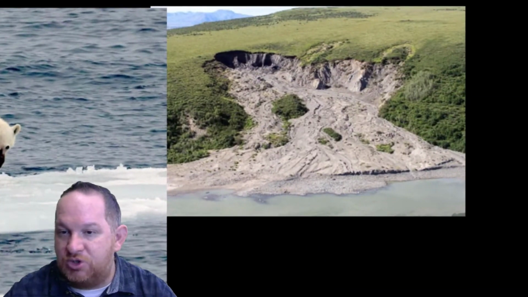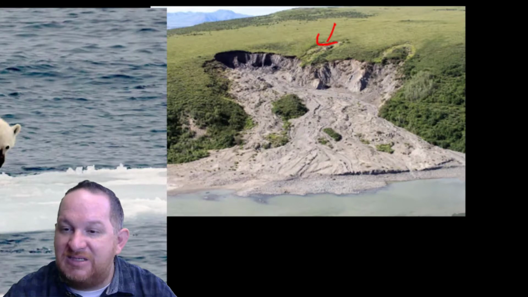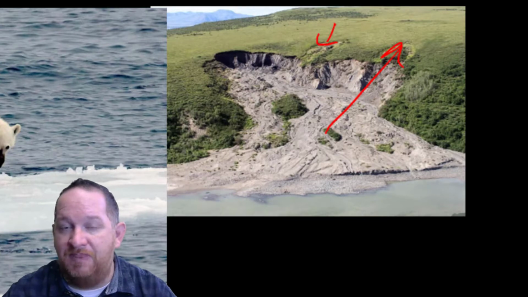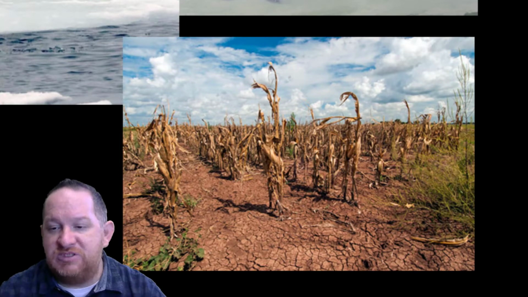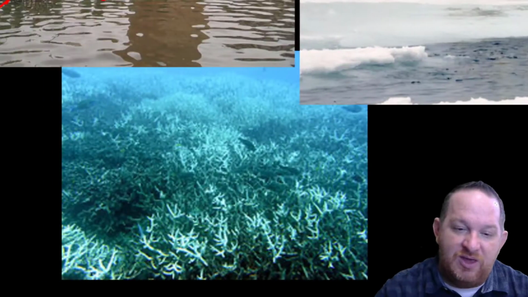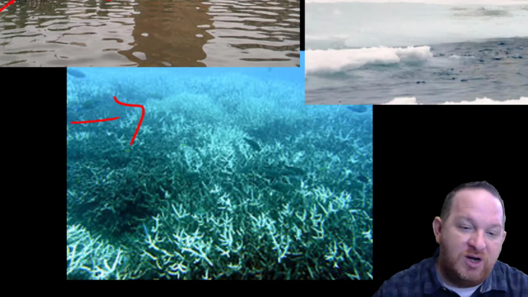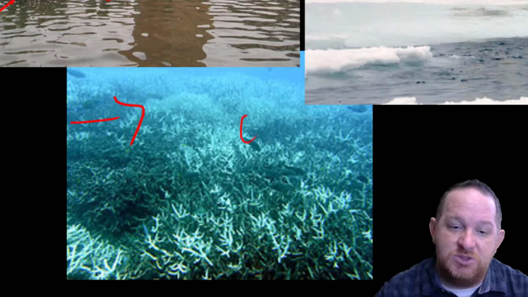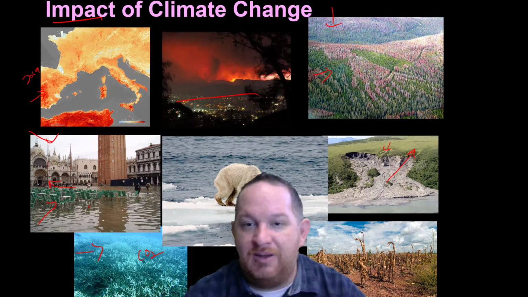And then the warming temperature in the north is melting this permafrost, and it's actually releasing a lot of methane, which is just perpetuating the problem into our atmosphere. Droughts in Texas, very common that we're seeing more and more. Cropland, farmland being obliterated by these droughts. And then I mentioned before as well the horrible problem that we see with the Great Barrier Reef, with the coral bleaching because of the change in temperatures and the acidification of the ocean with all that CO2 in the ocean. So I'm leaving you, unfortunately, on a sort of a grim outlook.